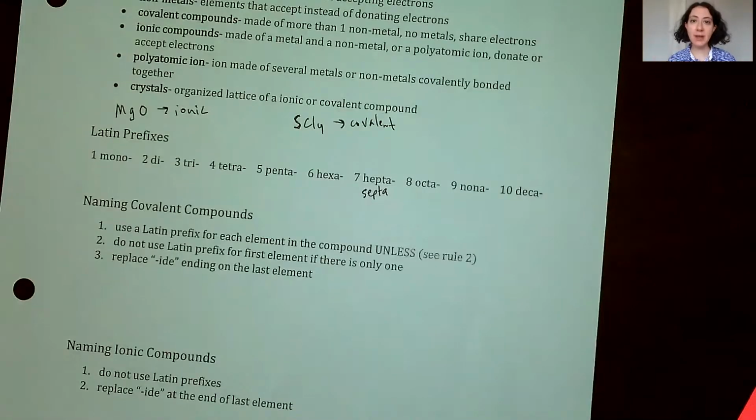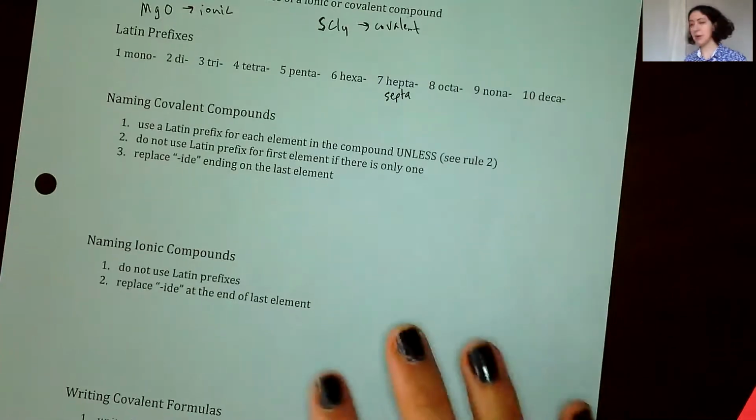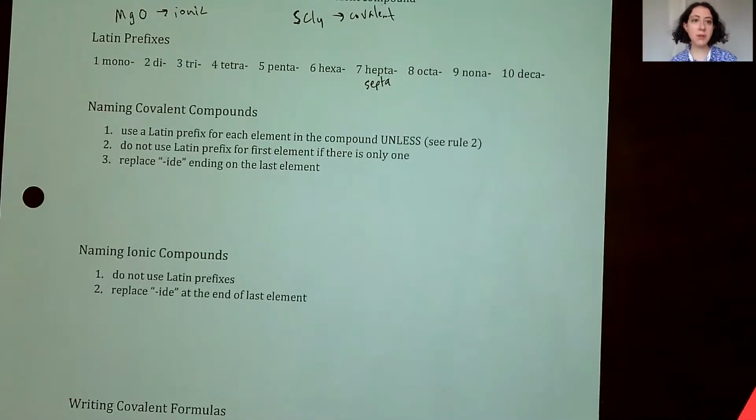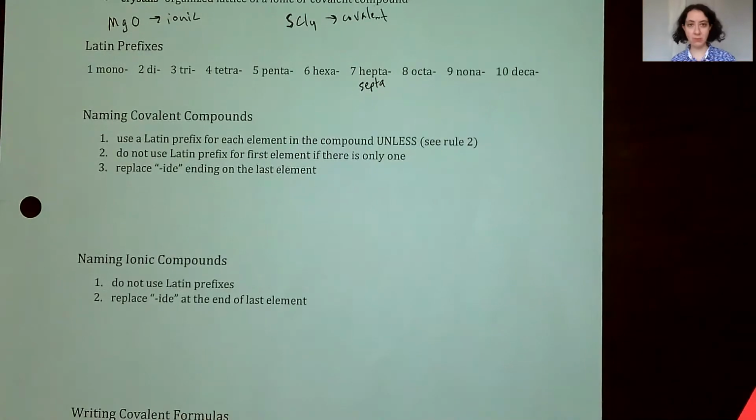As we know, covalent compounds are also known as covalent molecules, and they are made of nonmetals that share electrons. Let's take a look at how to name them. The first thing when naming them is you have to use these Latin prefixes. These Latin prefixes tell us how many of each atom there are. This is really important because many covalent compounds are made up of exactly the same elements, but in different ratios. So for example, carbon,